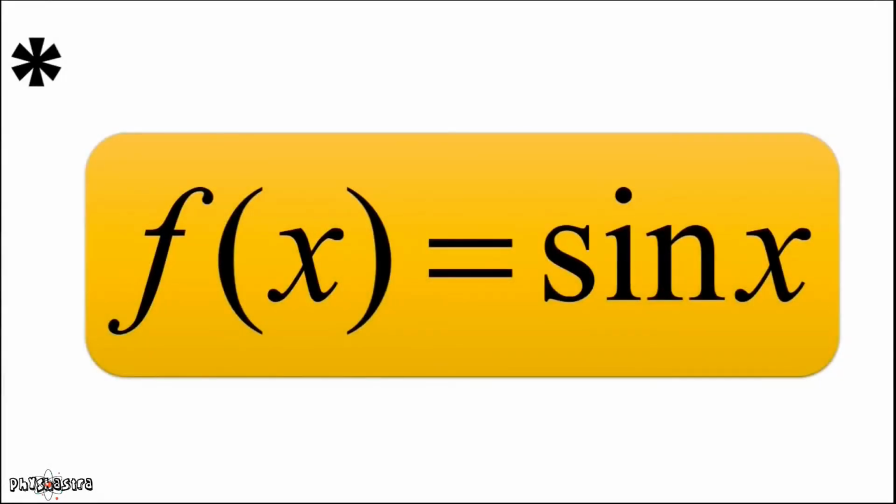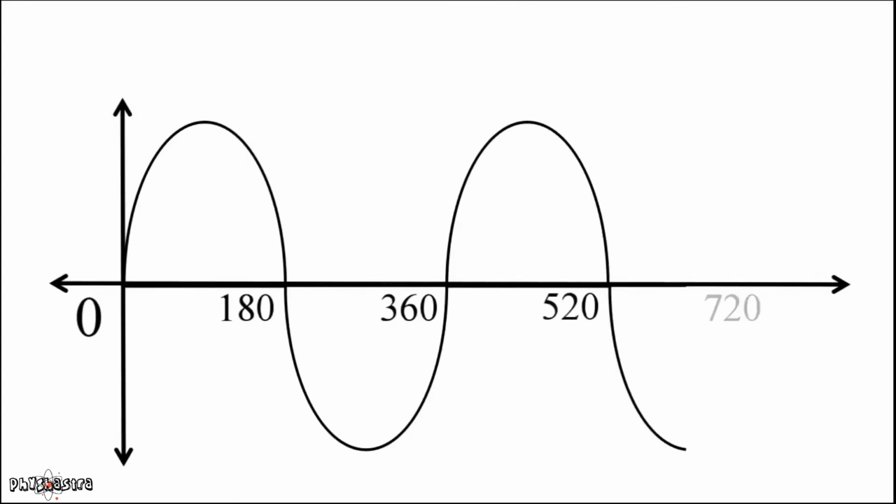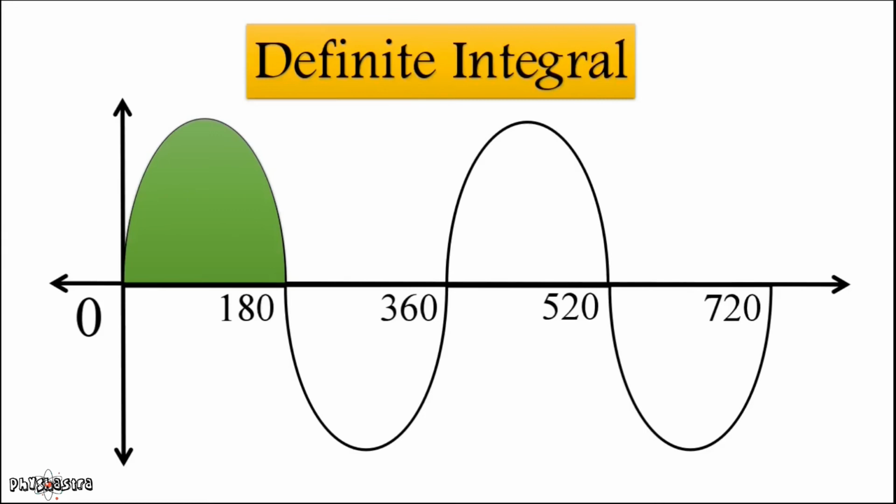Do you know how to draw sin x? If not, try it out by taking the angle x from 0 to 180 degrees with 1/3 difference. So you will get a graph like this. Now our aim is to find the area between 0 and 180 degrees. Now we bring our definite integral into the picture. In a definite integral, you remember from the last lecture on the theory of integration that you will integrate within the limits. That is, we can find the area under the curve within the limits of two given quantities.